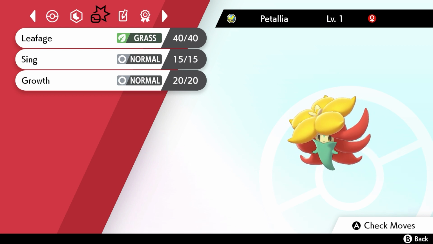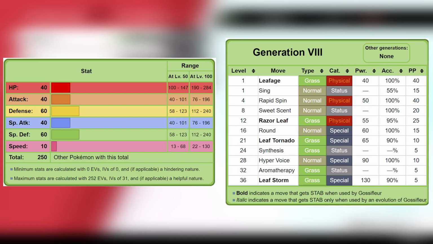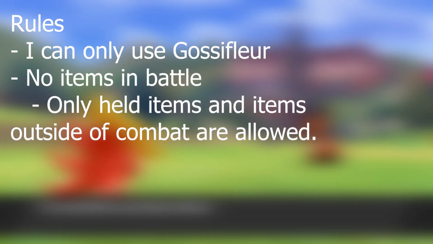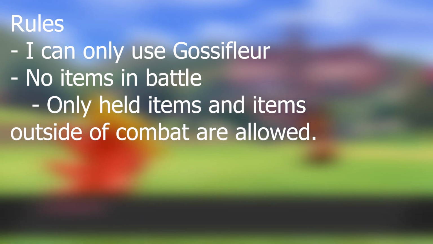The reason she has 3 moves is because Growth is an egg move, and by just looking at her stats and movesets, I think we'll need it. For the rules, I can only use Gossifleur, and no items in battle, only held items and items outside combat